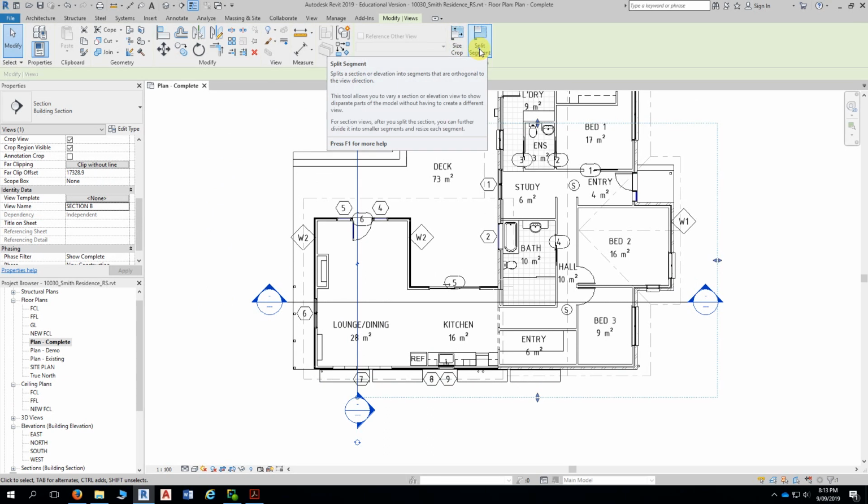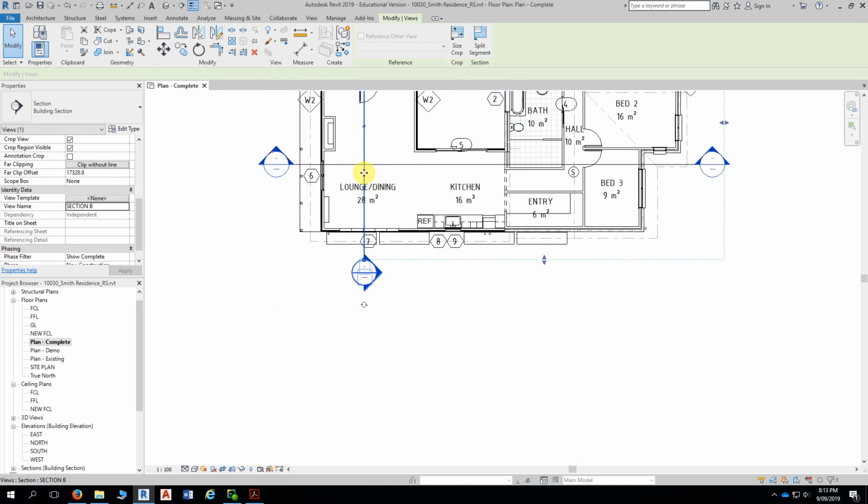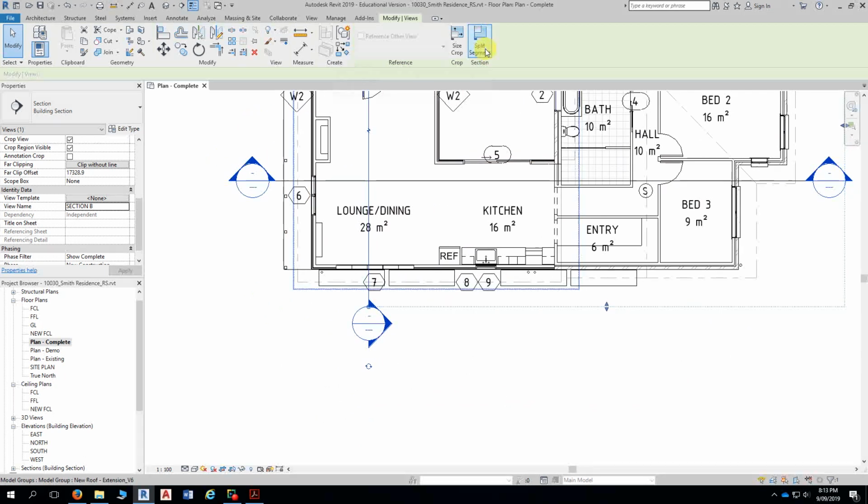So to split the section into 2 parts, so that the lower part of it here passes through the kitchen, what we do is we select split element here,